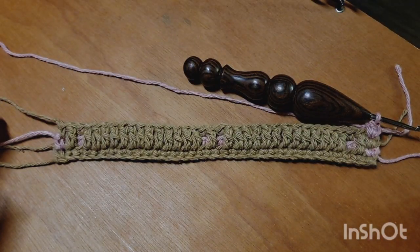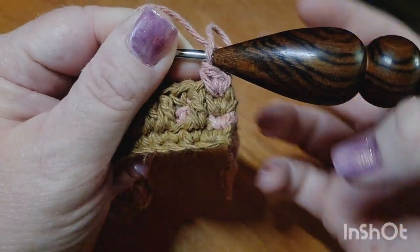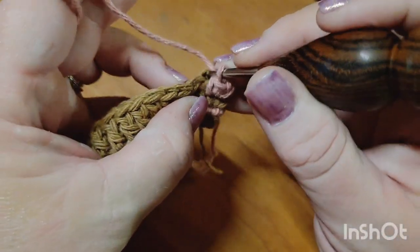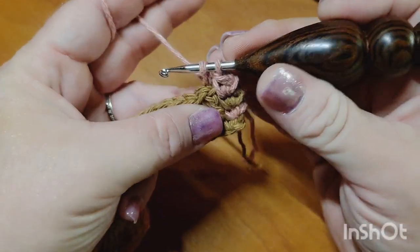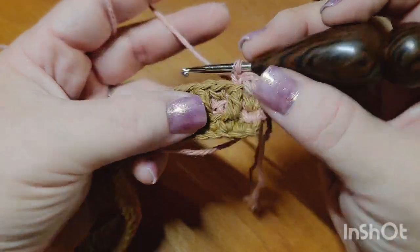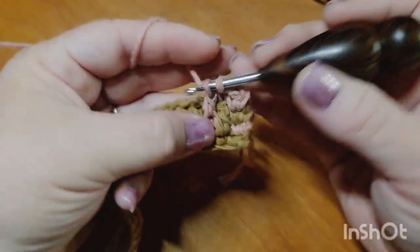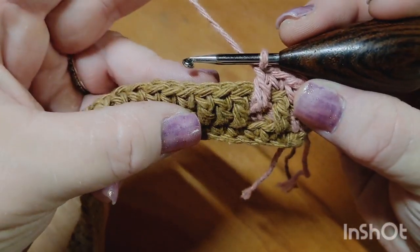Row 4 begins now, and we are working in color B. Our repeat for row number 4 begins with 1 single crochet, 1 double crochet, 13 single crochets,